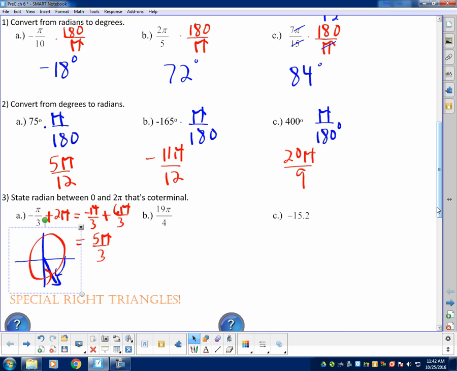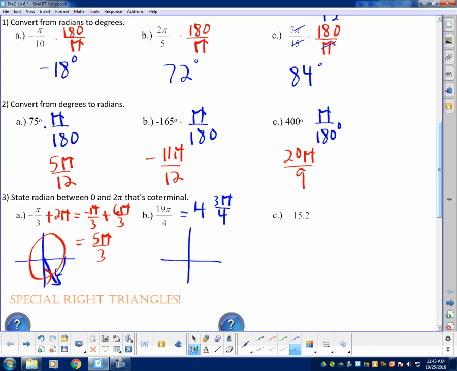So 19 pi over 4. Let me draw a picture of that. I think it's helpful, before I draw a picture, if you think of this as a mixed number. 4 goes into 19 4 times with 3 left over, so it's the same as 4 and 3 pi over 4. So what happens here is